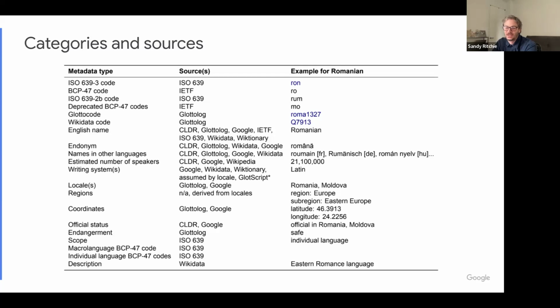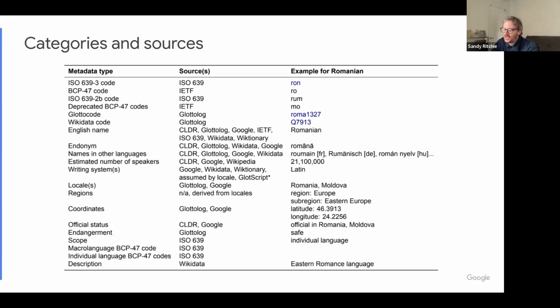In fact, I'll look more at statistics later, but we had to curate this information for ourselves. We had an intern who looked up endonyms for many languages, I think the 1,000 most widely spoken languages in the world. And then names in other languages, the estimated number of speakers, which is also fraught with problems in many cases, and any writing systems which are used. That's not a simple one-to-one mapping, because as we know, some languages have more than one writing system.